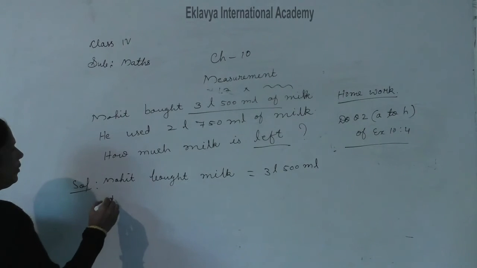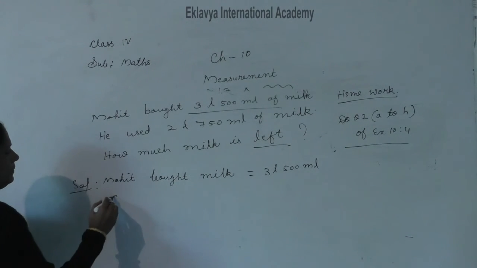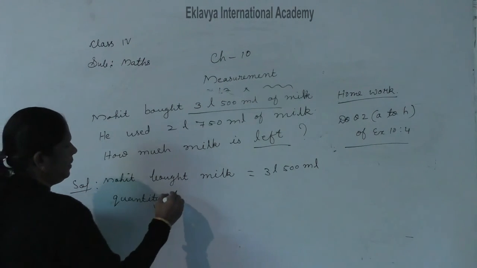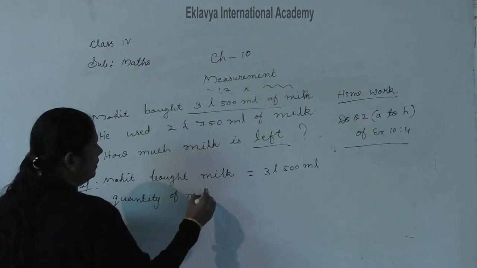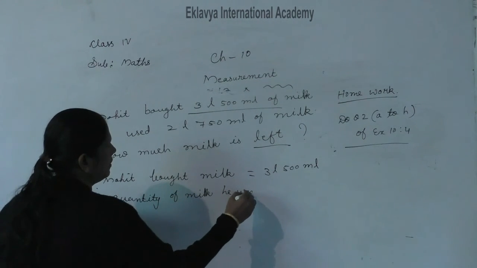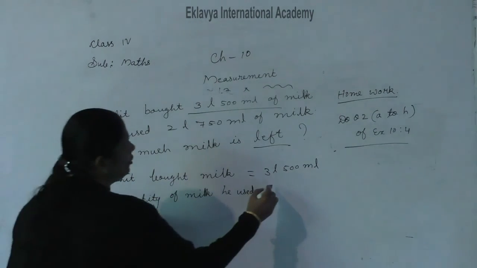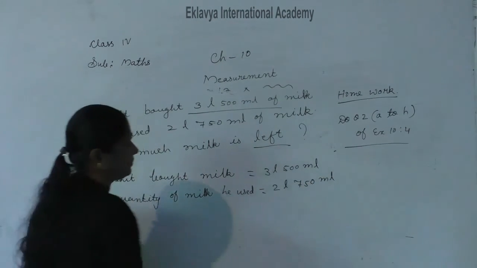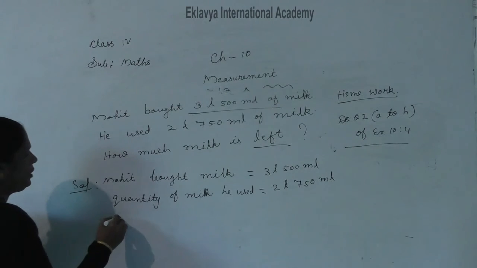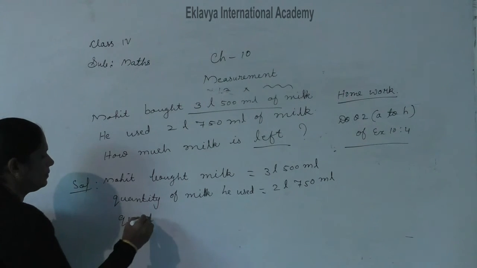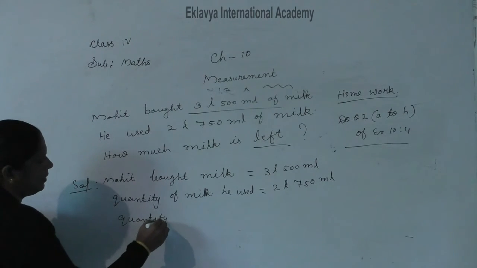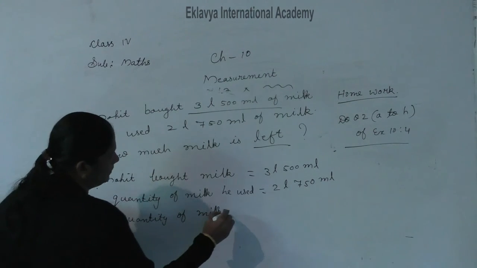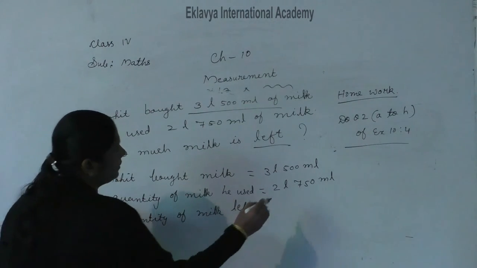Then quantity of milk he used, 2 liter 750 ml. Now, quantity of milk left is equal to,